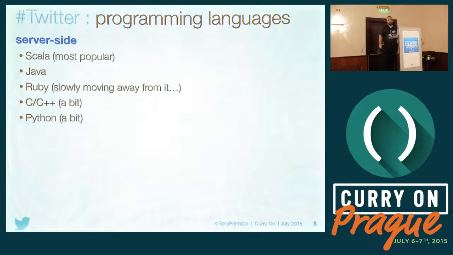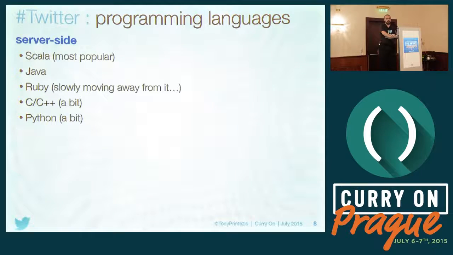Okay, programming languages on the server side. We actually use mostly Scala. Most services these days are written in Scala, and new services are typically written in Scala. A lot of the libraries shared between services internally are Scala oriented. There's still some Java, and some services do use Java. It's not only a legacy thing, but there's more code in Scala these days than Java.